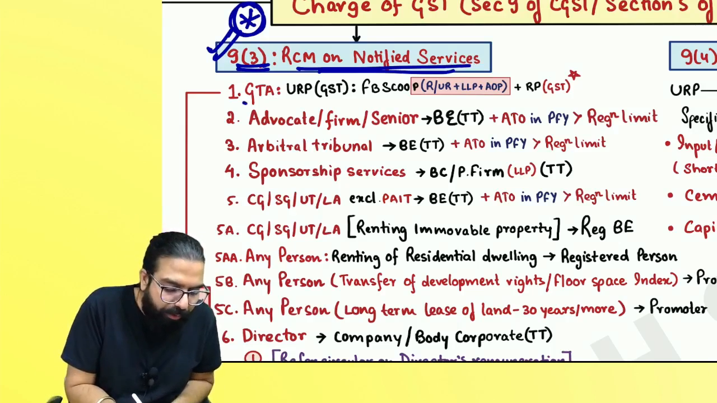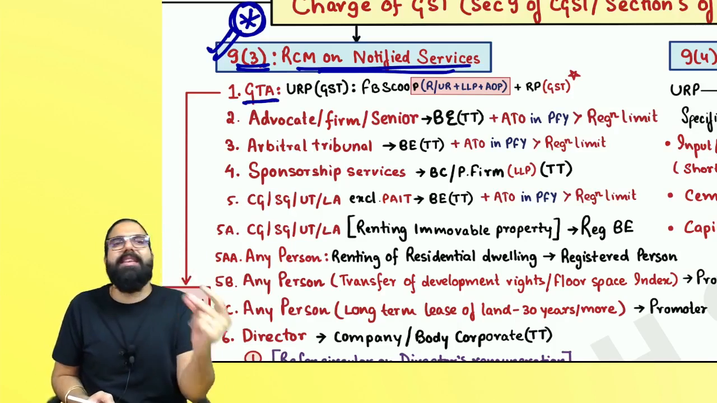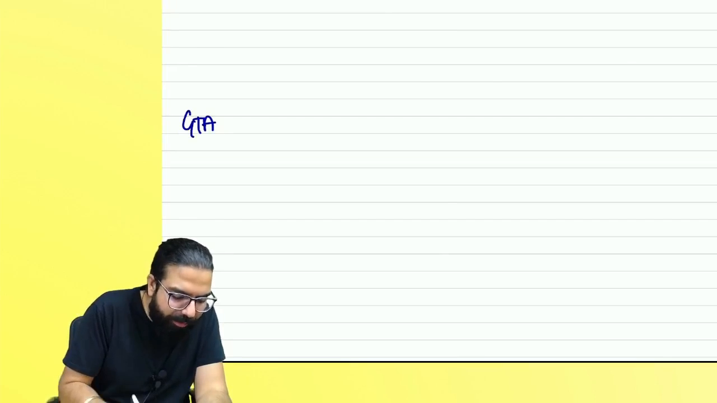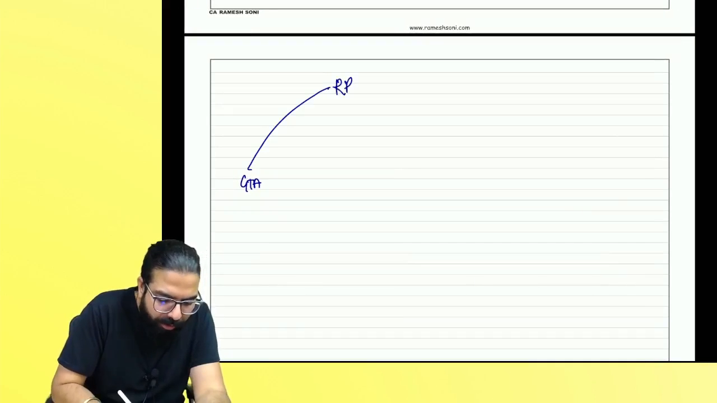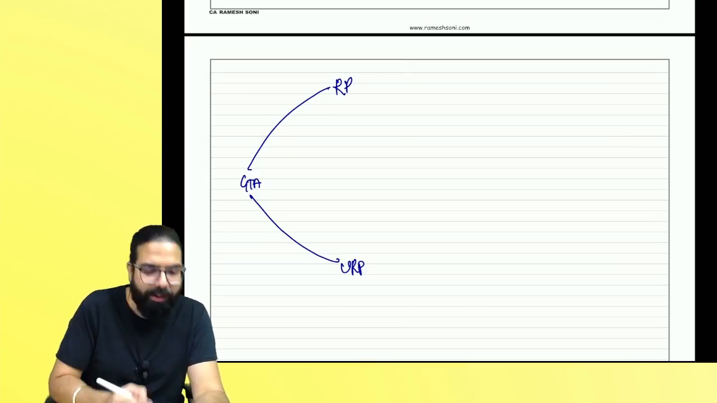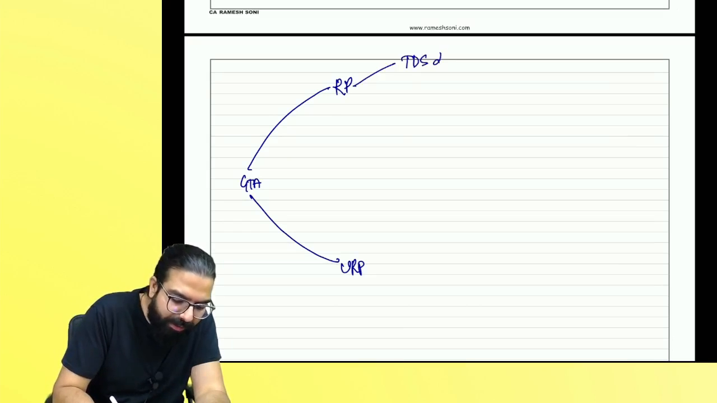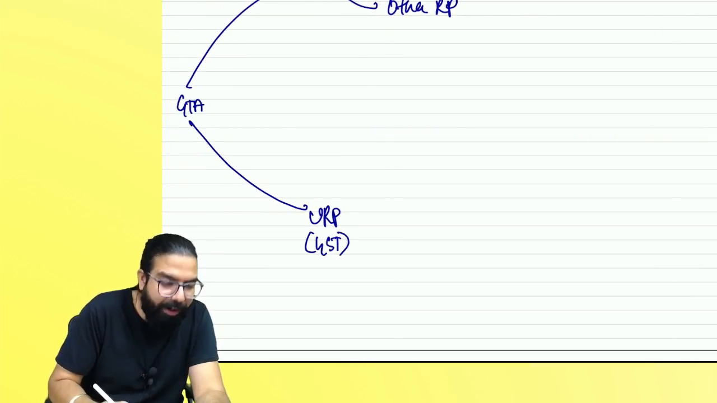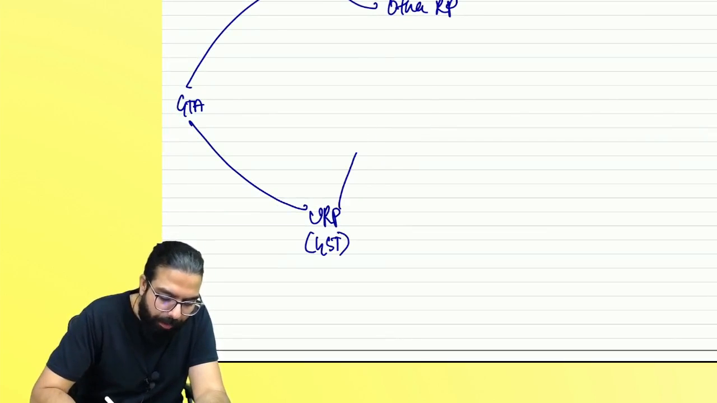Everyone, the first service which we cover over here is the GTA service. Always remember one thing: GTA can give services either to a registered person or to an unregistered person. If GTA is giving services to a registered person, it can be a TDS deductor, and a registered person can be another registered person also, right, everyone? And unregistered person, which is the unregistered person under GST we are talking about, you have to remember, it can be